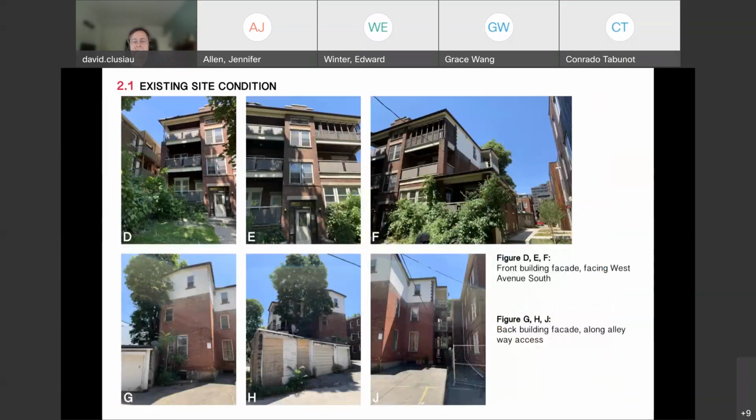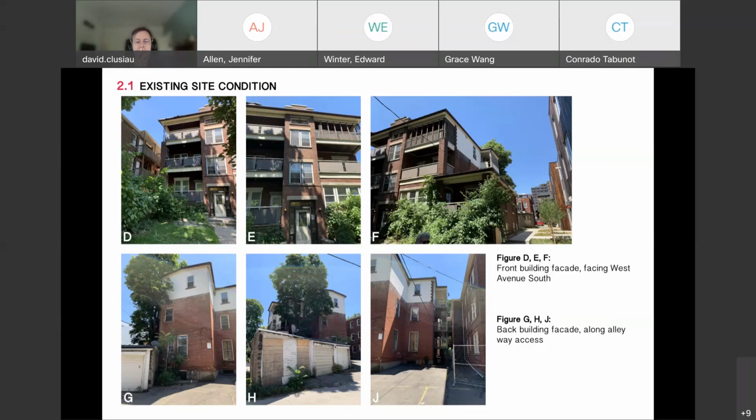Now, these are the existing photos of the existing building. So the existing building is a 3-story multi-unit residential, currently unoccupied. Figure D, E, and F is the front building facade facing West Avenue South.